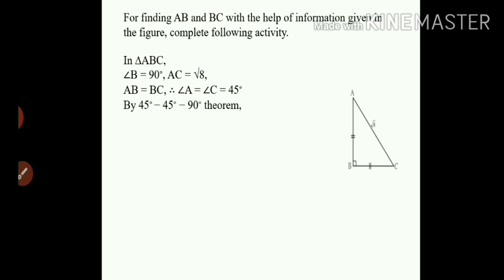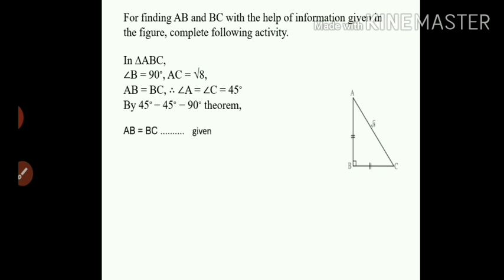In a triangle there are three angles, angle A, angle B, angle C. All three angles total will be 180. So B is given 90. So 180 minus 90 will be 90. Now we have only 90 remaining angle. So angle A and C, these both are congruent, means each will be 45. That means angle A is equal to angle C, that is 45 degrees. So this triangle is 45, 45, 90. Now the answer starts from here.